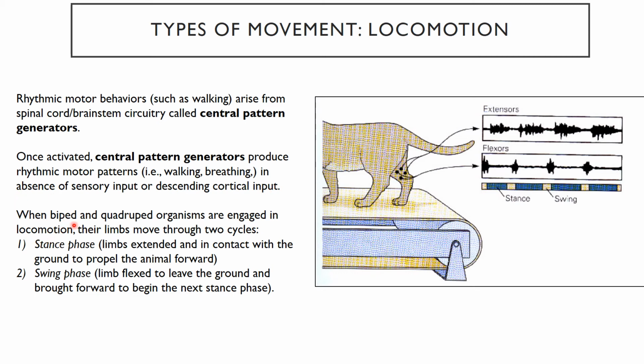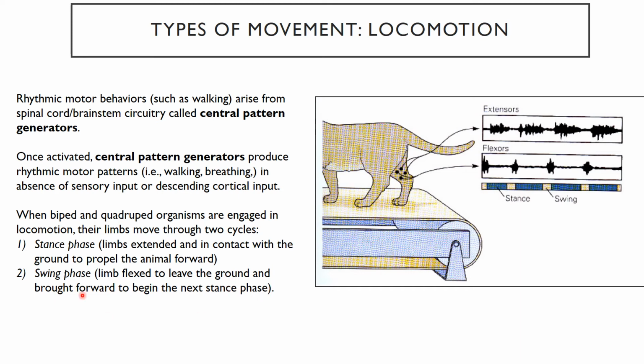So when biped animals such as humans or quadruped organisms such as cats do locomotion, their limbs are moving through two cycles. There's a stance phase where the limb extends in contact with the ground. So in our case, if you're walking, you have a time when your left leg is in the stance phase and it's extended and it's in contact with the ground, keeping your body up, not falling to the ground. And then you have the swing phase. So then it switches to a flexed position where you bend your knee and bring it forward to do